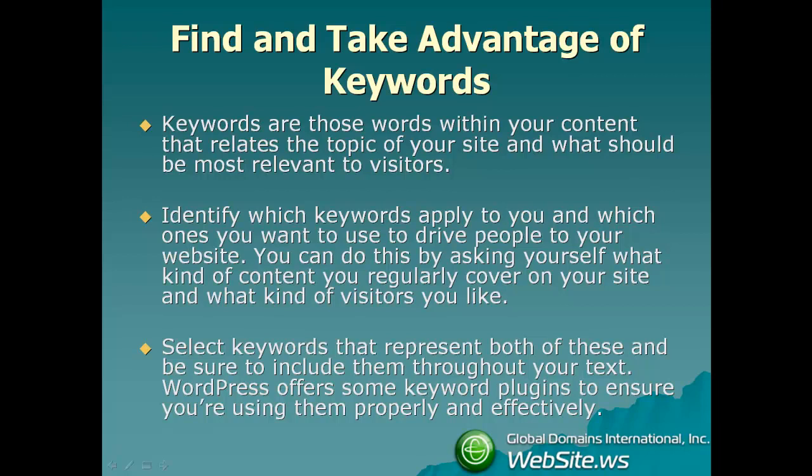WordPress also offers some keyword plugins as well that are going to help you figure out the keywords you need and how to put them all throughout your blog posts and in your tags and your categories. So two great options, the Google keyword tool, or if you're using WordPress, there's a bunch of plugins you can just search for in the plugins to add to your site.